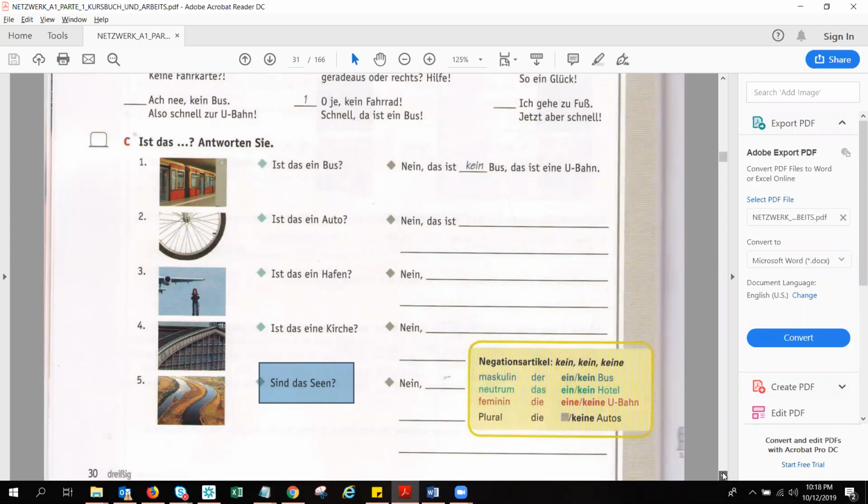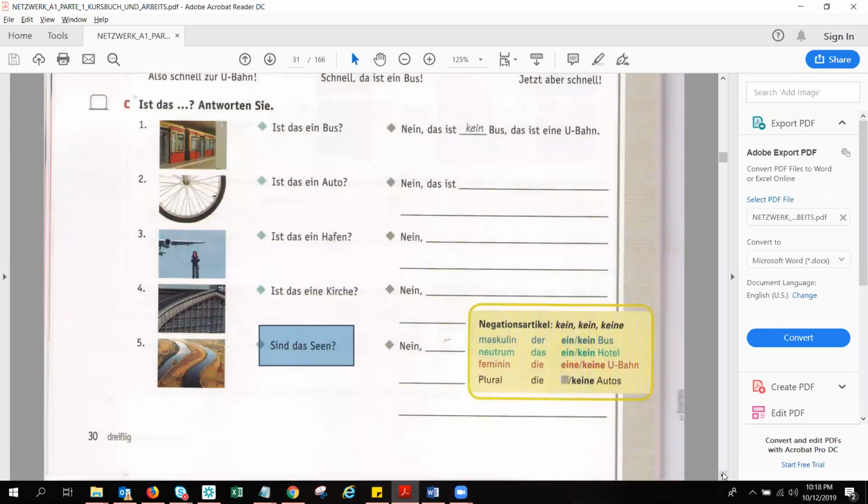So we can practice more if you want. We can do it later. But the main thing is you should know where to use kein and where to use keine. It's very simple: in the question, whatever article is written, that will be the article. If it is written, ist das ein Auto, you don't have to think whether to use kein or keine. If it is ein here, then in the answer it will be kein. Nein, das ist kein Auto. But if you are directly telling the answer, like das ist ein Fahrrad, no, this is a cycle, you are not using the kein form. Okay, so this is the way.